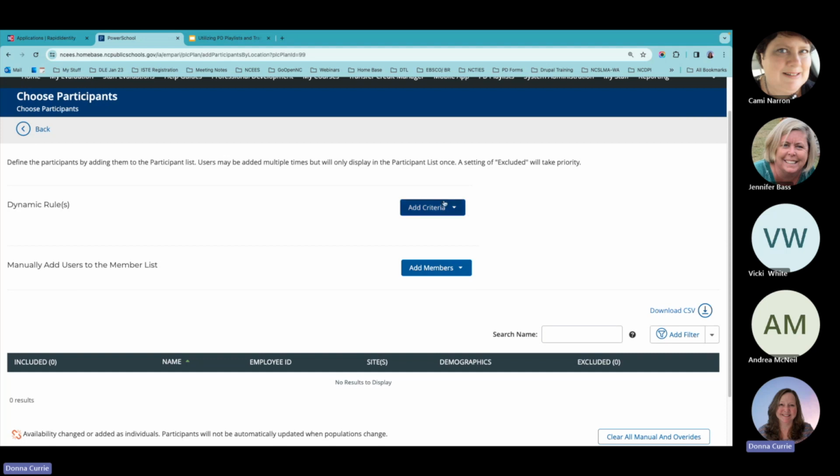The first way is you can do a dynamic role. And if you have staff groups created in NCEES, you can add a staff group. So maybe you have a BT list in NCEES as a staff group, or maybe you have your math teachers as a staff group. If you have a staff group, you can add them here. And then if you go back and edit your staff group later, then they will automatically be added to this